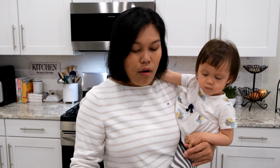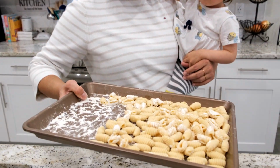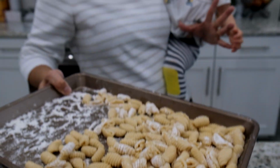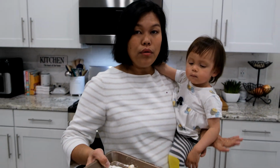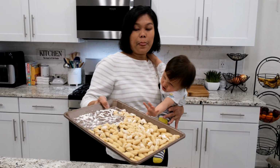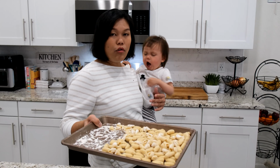Alright, so it will take time if it's your first time making it, but you will get there, and the more you do, it will go faster, it will go better. Maybe even mine does not look perfect, but